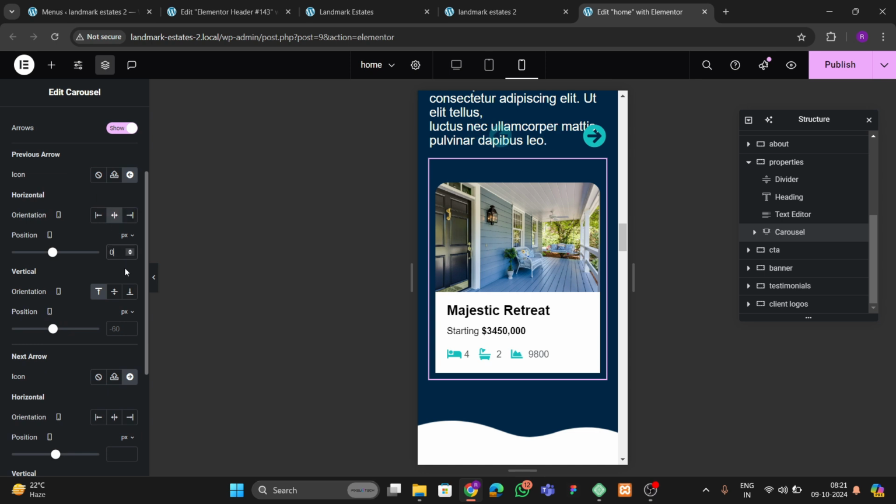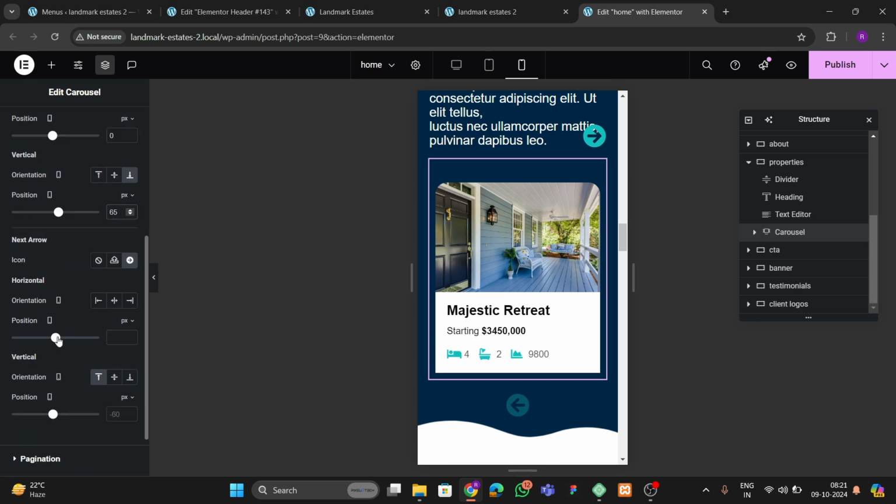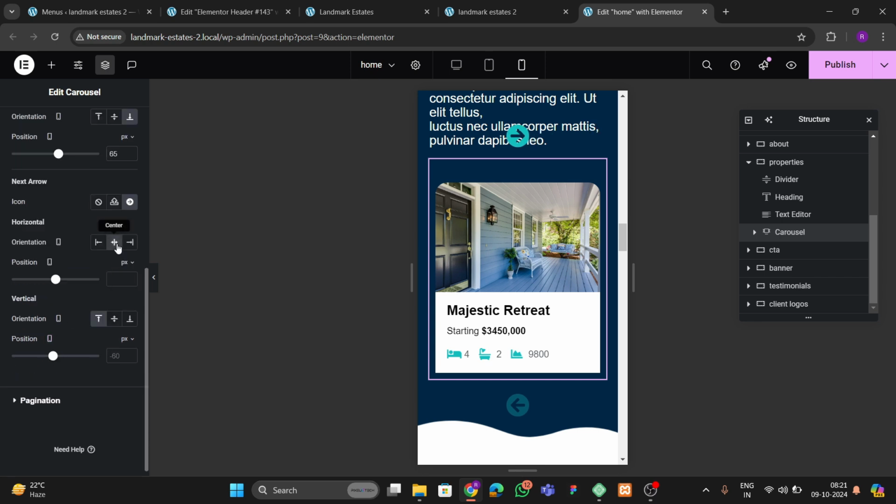Here for the horizontal position also make this 0, and make this like this. Here also we're gonna move it to more below, like that. 65 looking good. And similarly for this also we're gonna make this center, we're gonna remove this, and here also we're gonna add 60. So now we can add some 60, and in the horizontal what we can do, we can add this to